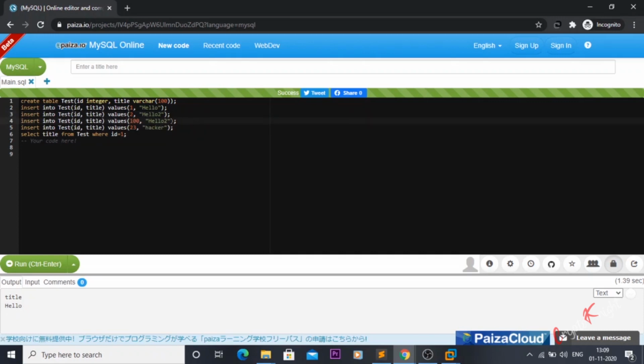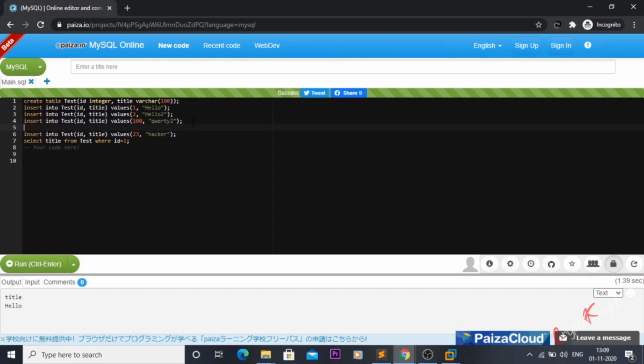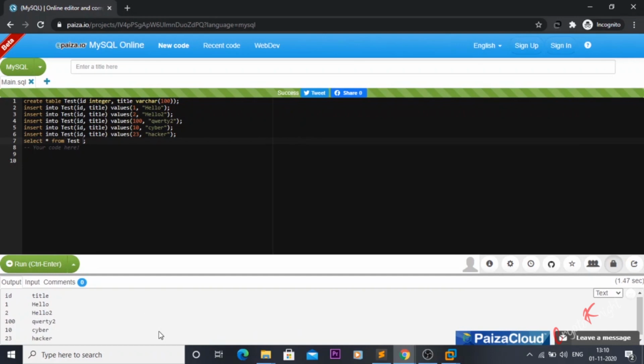We'll add 100 over here and anything, 40, and let's add one more. So these are the values that will be added into the database. Now to show you the result first. So first I'll remove everything and just write a normal statement so that you understand what a normal output would be. So select star basically fetches everything from test table like I told you earlier, and now we have